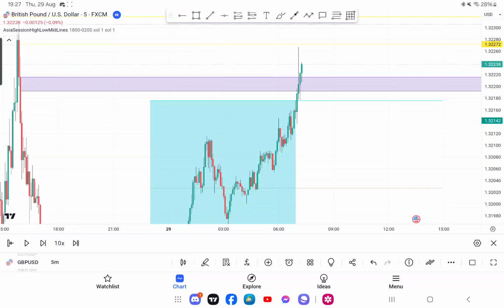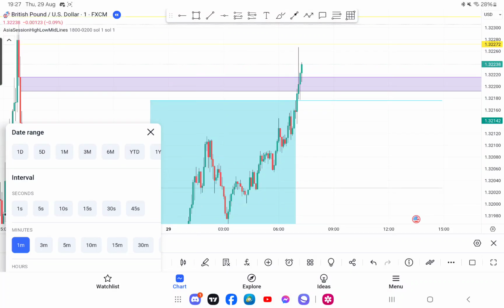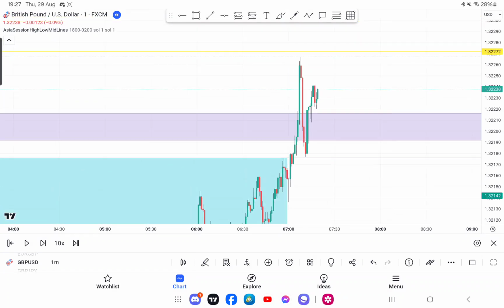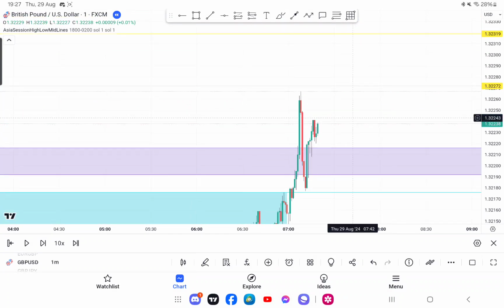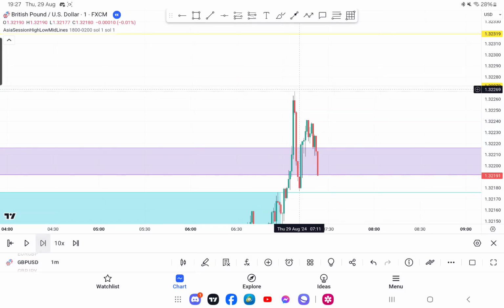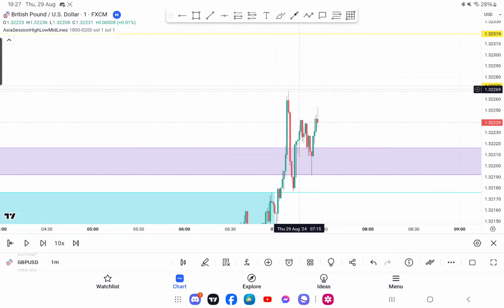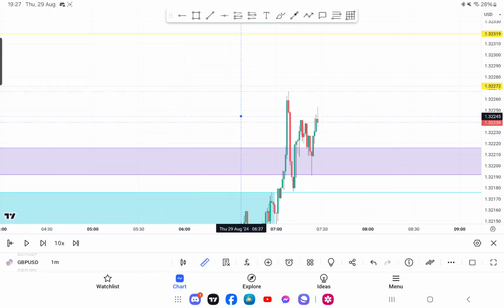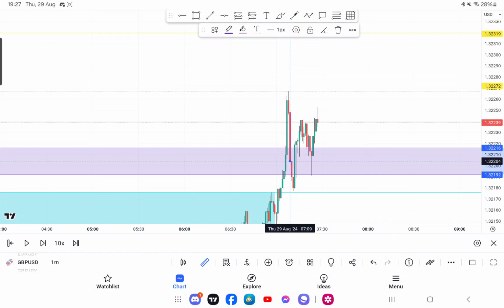So as you can see, we are just shy of that imbalance fill here. This is the reason why I didn't take it. Play a few more candles. Yep, the sole reason why I didn't take it was because I thought if it breaks below here in a minute, which I'll show you when I carry on, but